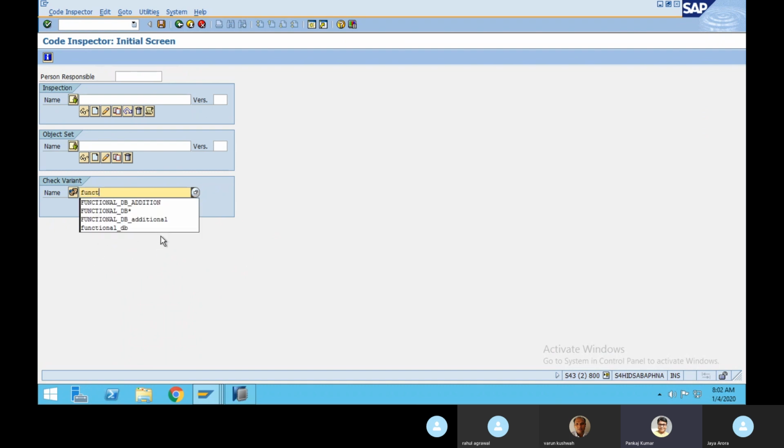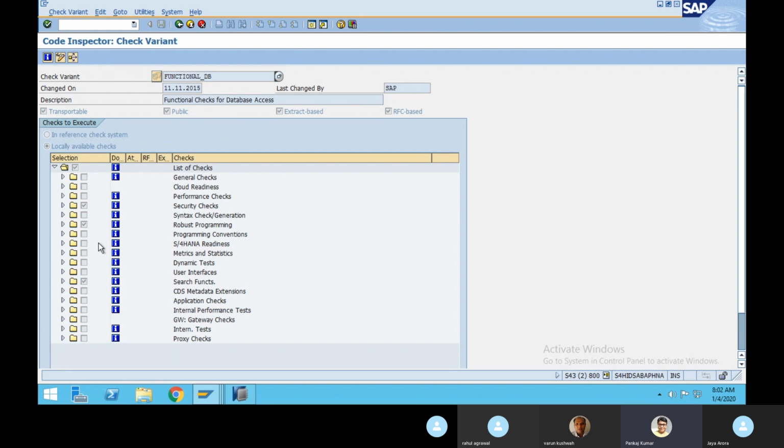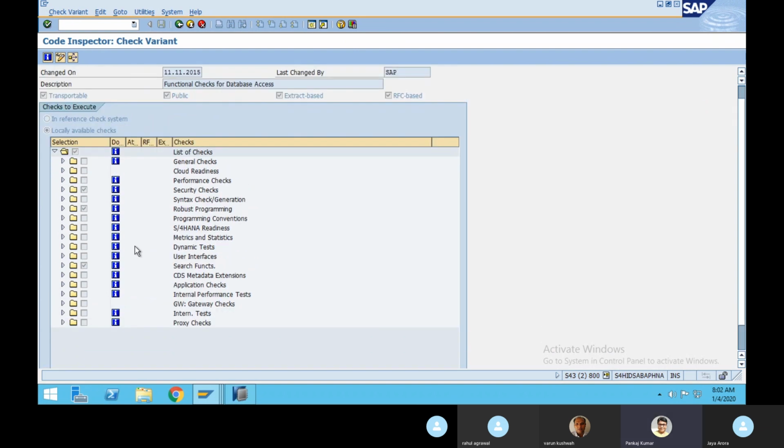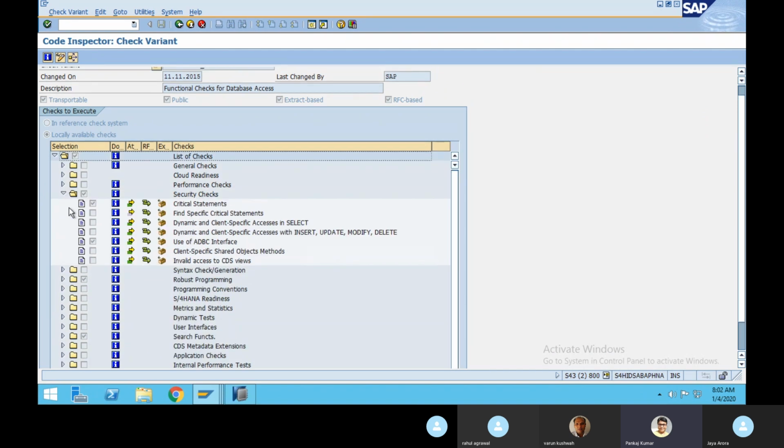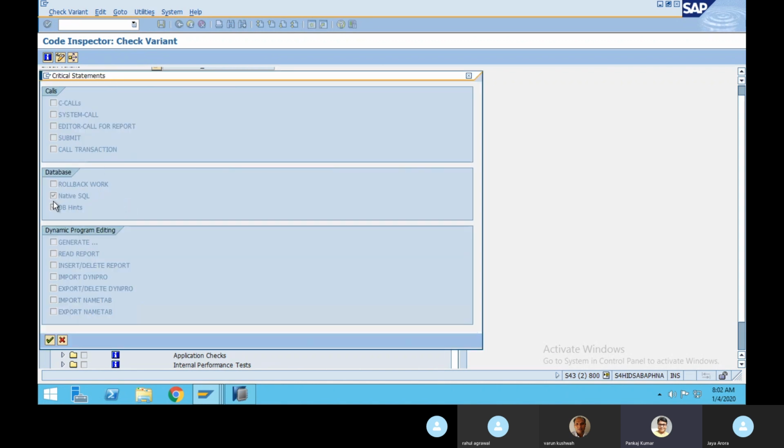So you have functional_db. This is the code. You have to go over here, and when you select that functional db, you can see multiple variants coming. You can go one by one and see that it is checking against native SQL, and it is checking against db hints.